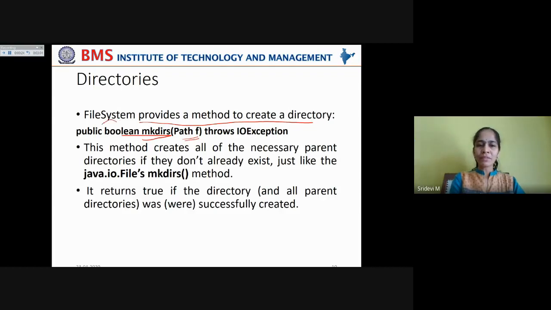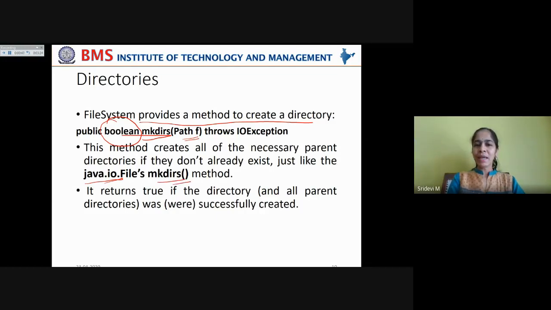Now, see this returns a boolean: if the directory is successfully created, it returns true, otherwise it returns false. This method creates all of the necessary parent directories if they don't already exist, just like the Java IO File mkdirs method.